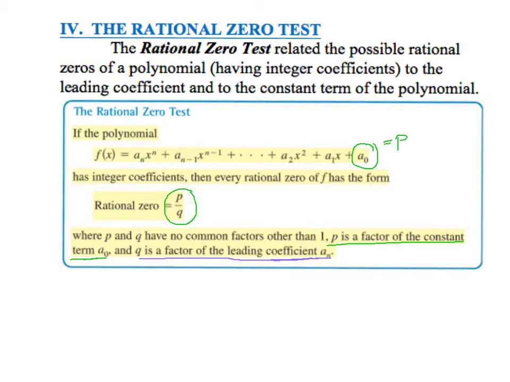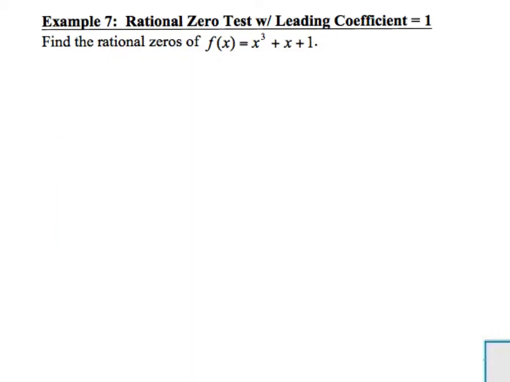If we start off with whatever number is here in front, this is your Q. So you're going to find factors of P over Q. So for example 7, if we had to find our rational zeros, that means we have to have integers and fractions. We need to find our rational zeros of f of x equals x to the third plus x plus 1. So your P over Q that you're going to start off with is going to be your factors of